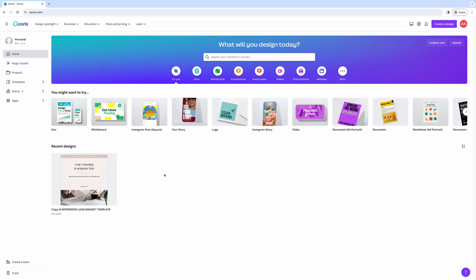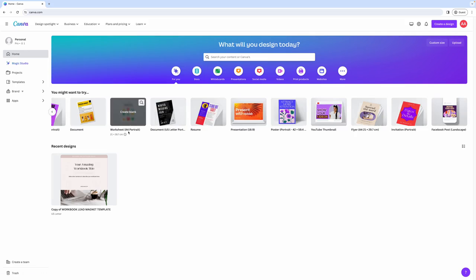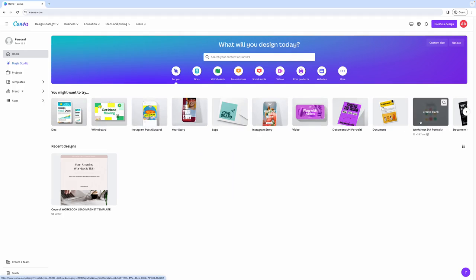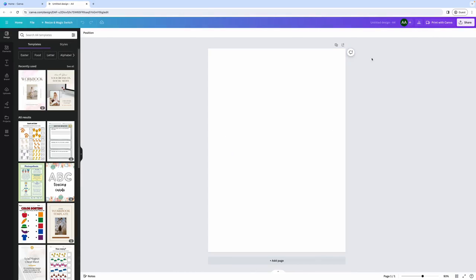The first thing you're going to need to do is create your lead magnet within Canva. To do that, the easiest way is to come into your Canva account and then select either document or worksheet, either in A4 or US letter format. For this tutorial, I'm going to select the worksheet in A4 portrait mode, and I'm going to click on blank design. And let's say we want to name this website audit checklist,